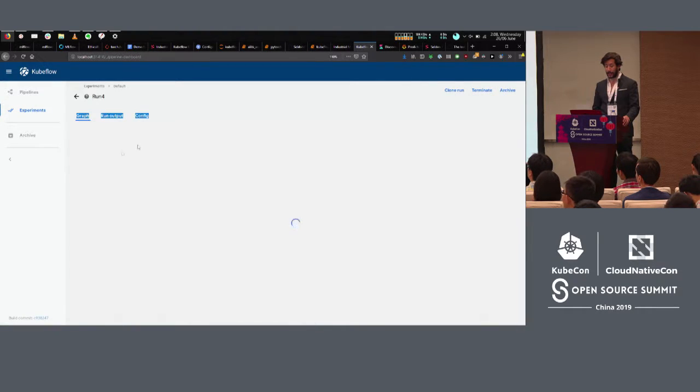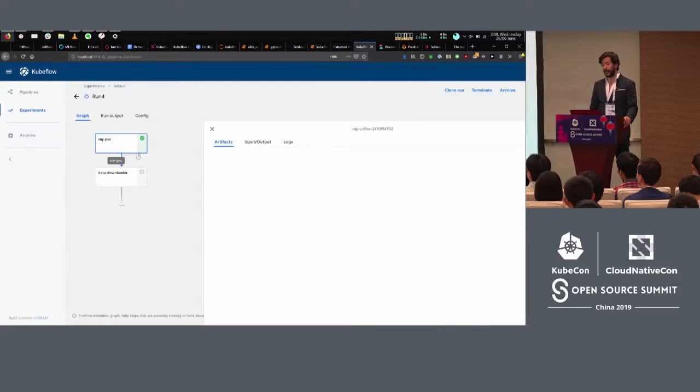We can just basically see the running pipeline in real time. So this is actually running on my local machine. And as you know, we don't have the best internet in this place at this point, so it's going to probably take a while. The first step, what it did is it created a